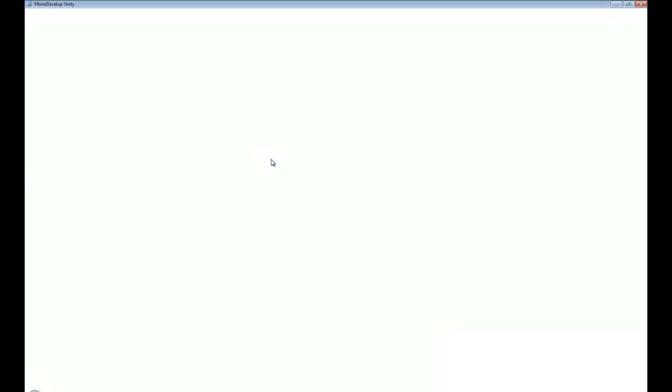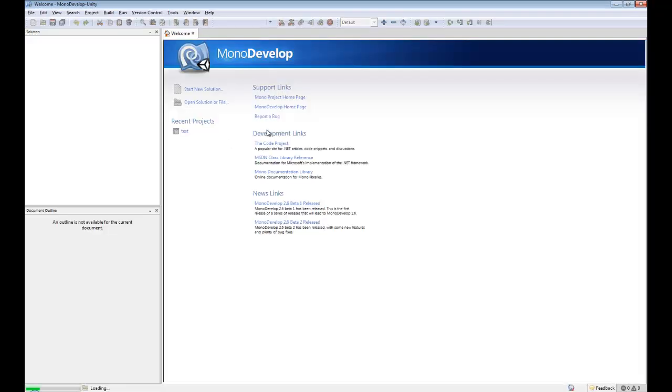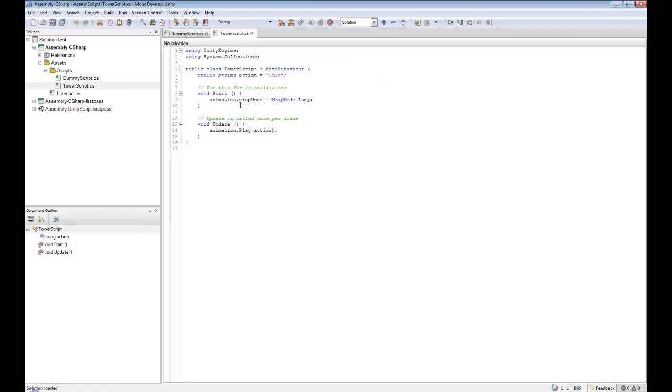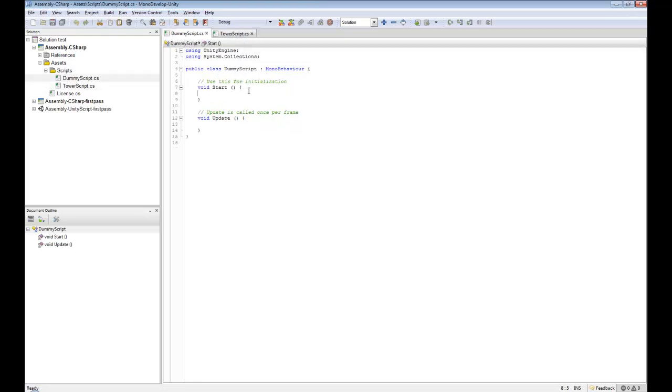Okay, here it comes. Right, it's called MonoDevelop. It's sufficient as a simple programming tool, but you know, Visual Studio is much better. That's the tower script, which we don't want, but it's good to see the reference. But let's go to the dummy script. So, dummy script